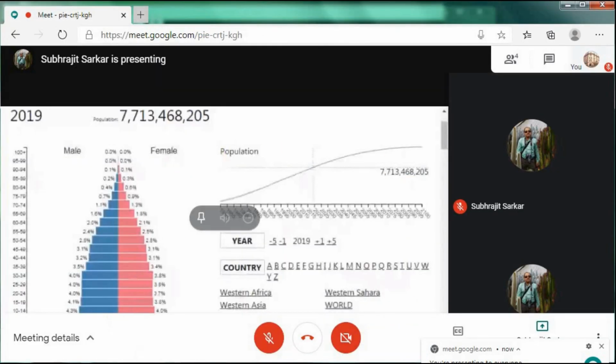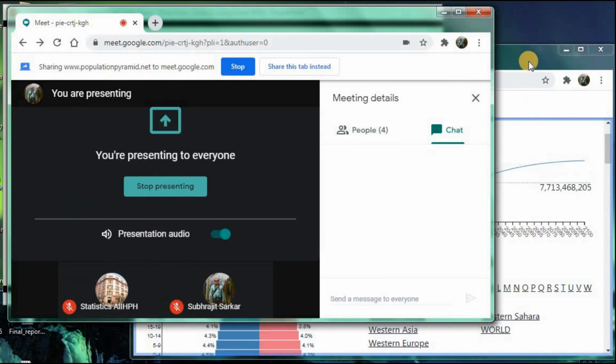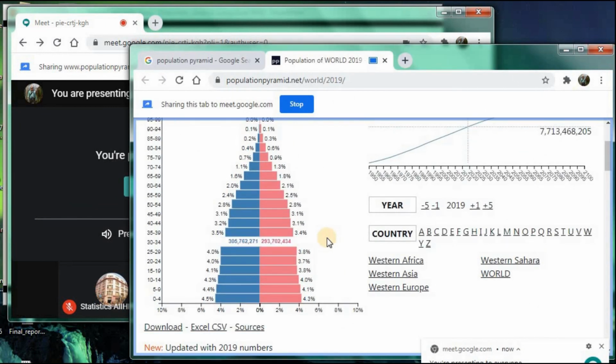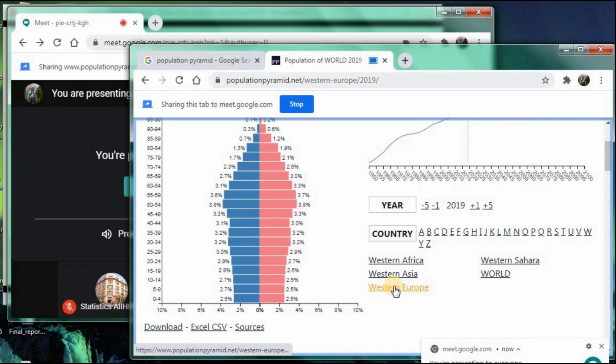Okay, this is how the student is viewing this thing, and you can easily describe to the students by clicking on various options, like this is the world population pyramid taking the population of the entire world, and how it will look for a region which is demographically at a lower level of transition, and how it is for a region which is at a higher demographic transition level.